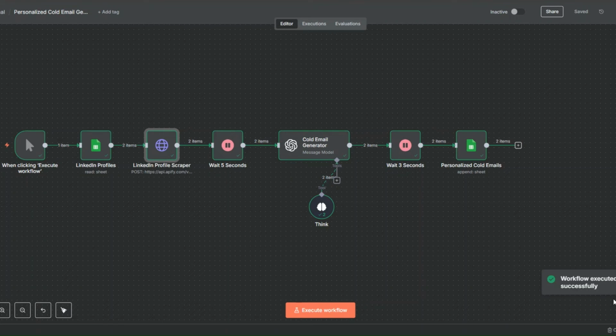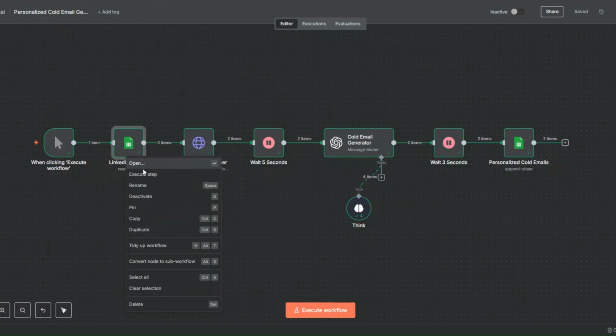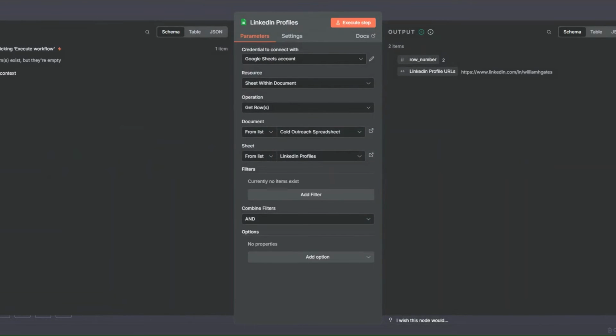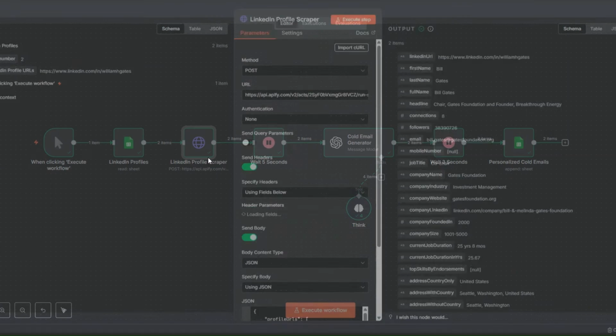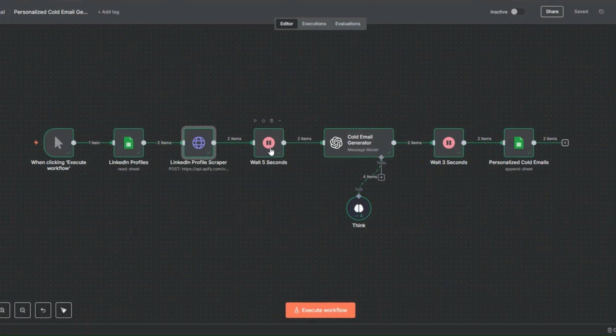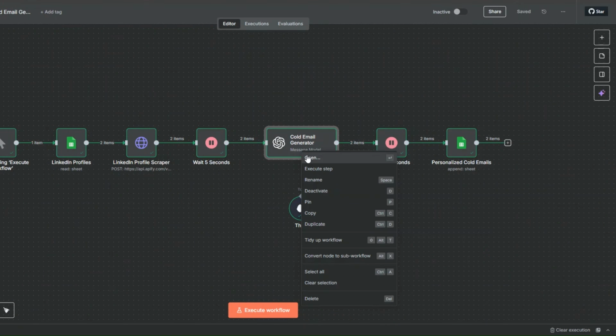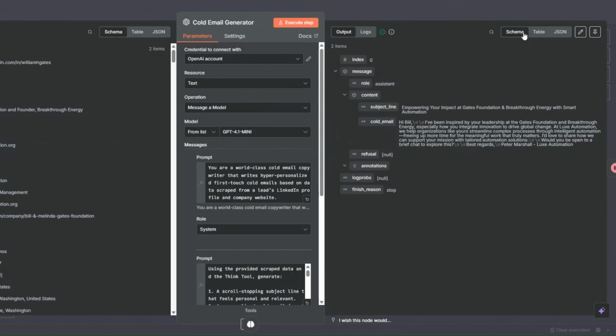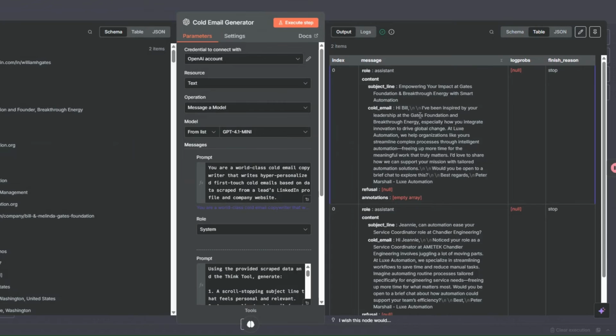You can see that our workflow is executed successfully. Here, we got our two profiles that we added to our spreadsheet. Over here, then using this node, we scrape the profile data using our tool in Apify. Then we wait a few seconds. Then using the LinkedIn profile data that we scraped using Apify, we generated these personalized cold emails for our leads